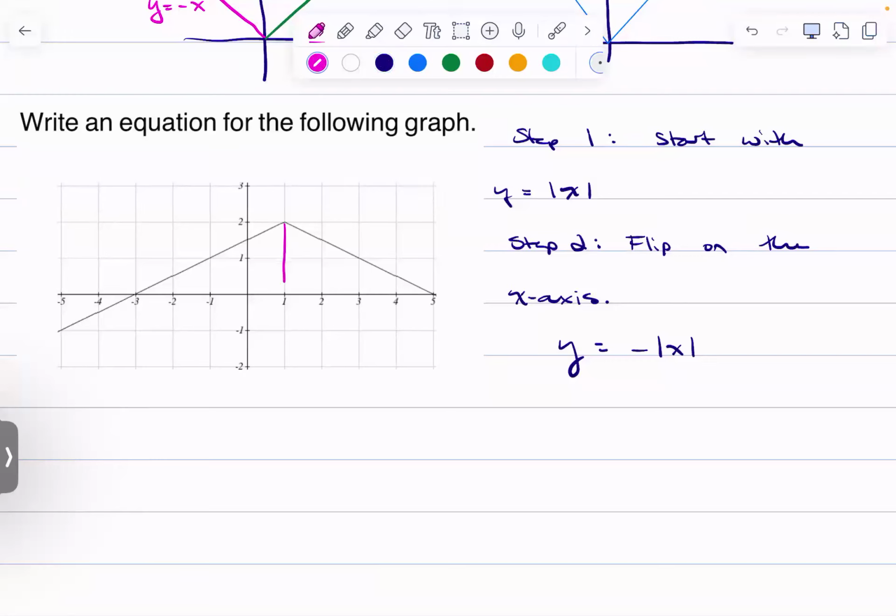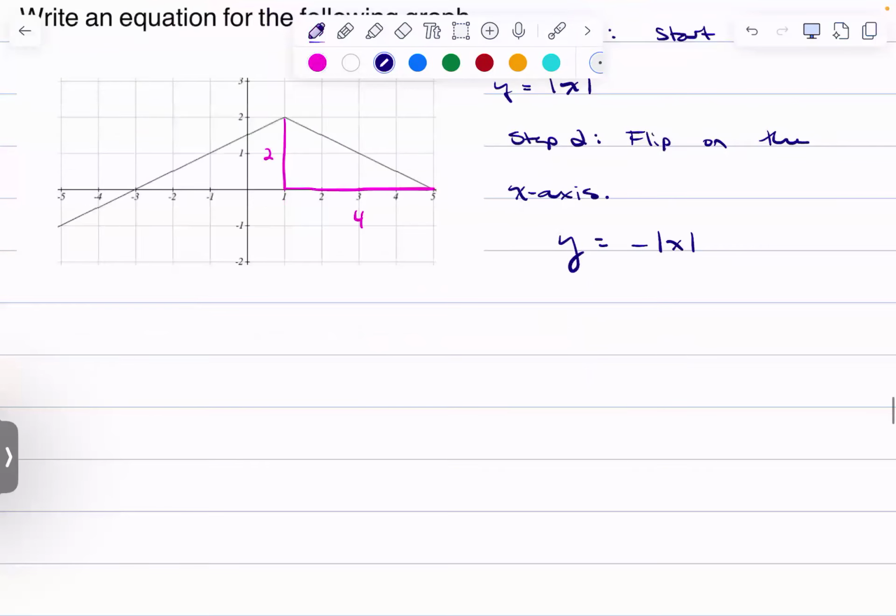Well, if we just focus on one of these slopes, they should have the same slope. One's just negative and one's positive. And so if I have a rise of 2 and a run of 4,